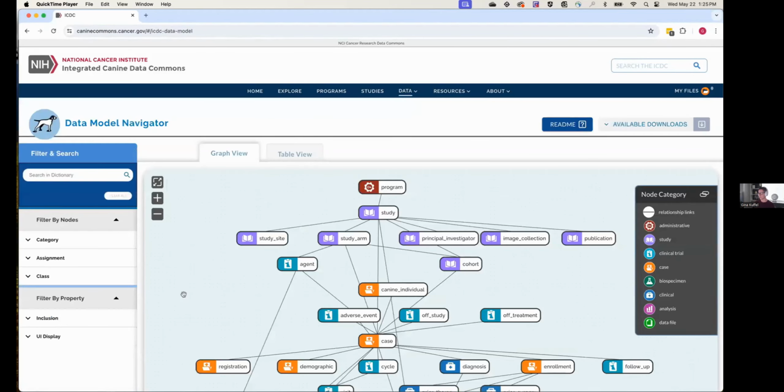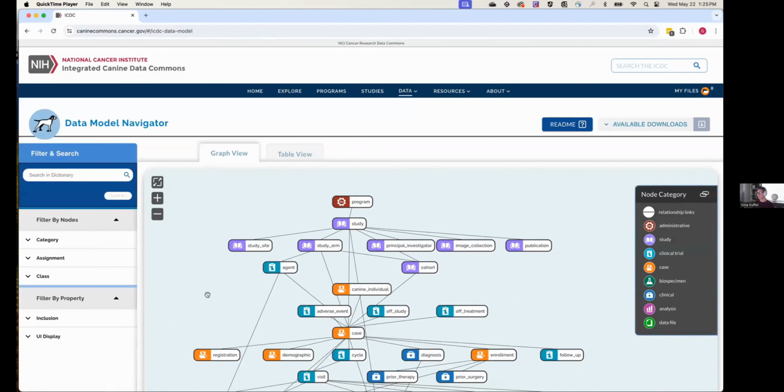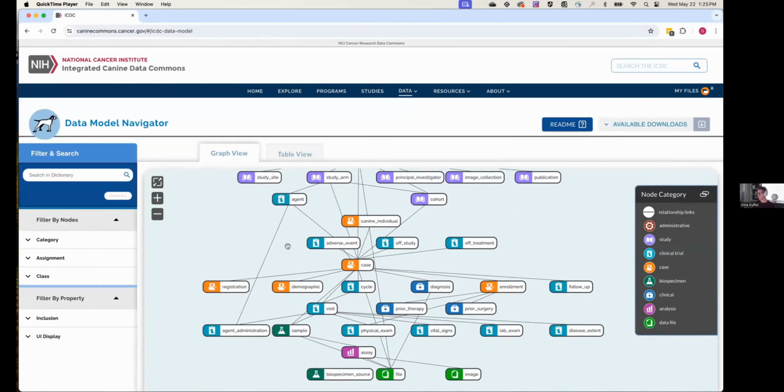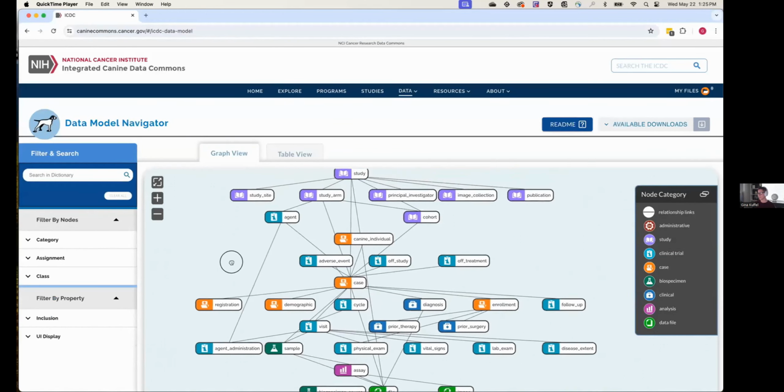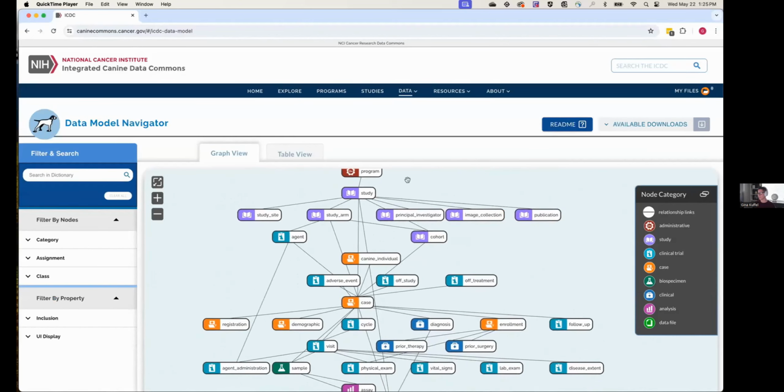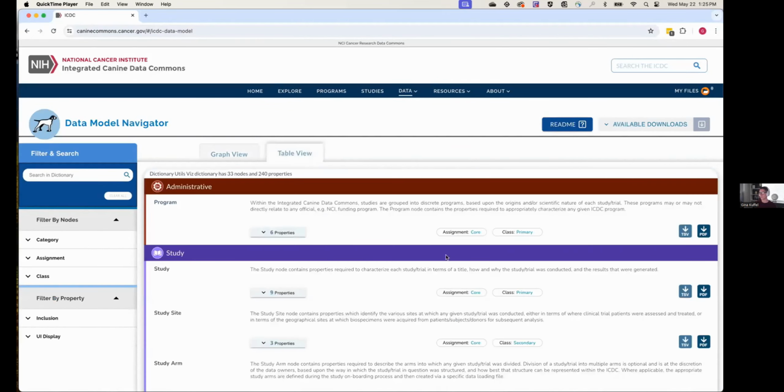We also have our data model navigator for exploring the ICDC data model. You can click into any of the nodes, so it's an interactive experience. You can also use the faceted filters to filter this data model down. And there are two views, including a graph view, which is the default, and also a table view where you can inspect properties. You can get templates for data submissions, or you can download a guide to aid with that data submission. We have some static pages that allow you to query our database, and also some information about the ICDC steering committee and working groups.